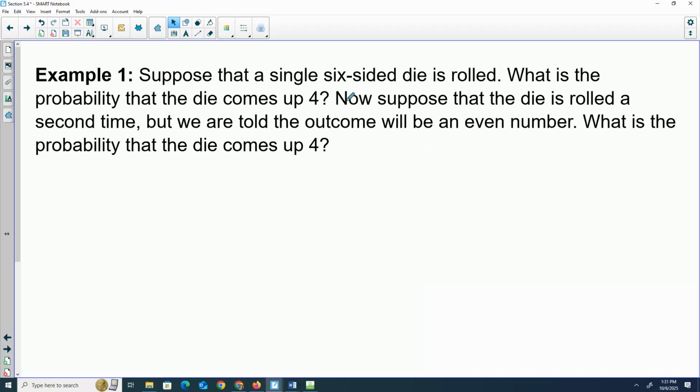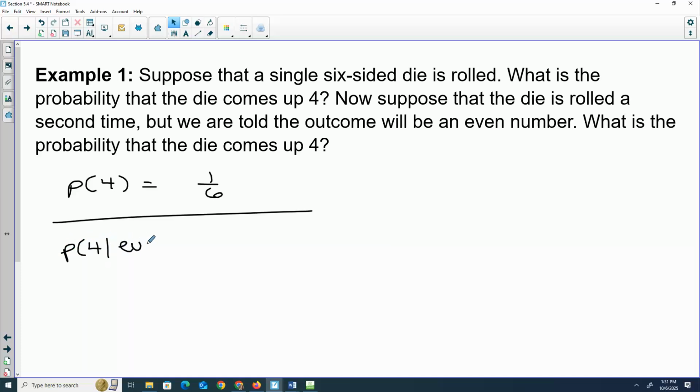Suppose a single six-sided dice is rolled. What's the probability of a 4? Okay. Now, suppose I roll the dice. So I'm up here with my dice, and I say, okay, I'm going to roll. Oh, I got an even number. What's the probability of a 4 given that I already told you it was even? So if it was even, there were only 3 possible numbers I could have rolled. Only one of those is still a 4.